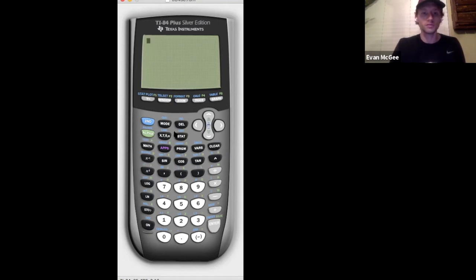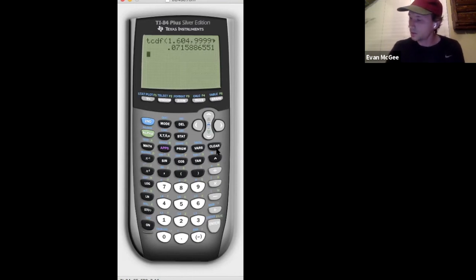To find the p-value, we're going to have to go to distributions, tcdf. Our lower was 1.604, upper was infinity, degrees of freedom was 9. So our p-value would be 0.0716. So I'm going to write that down on my notes,